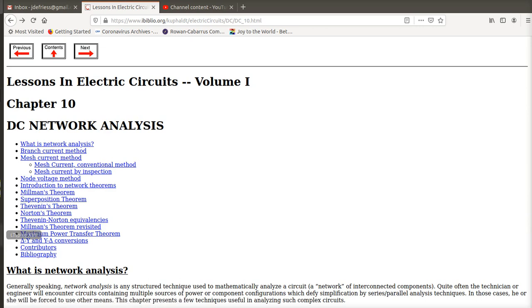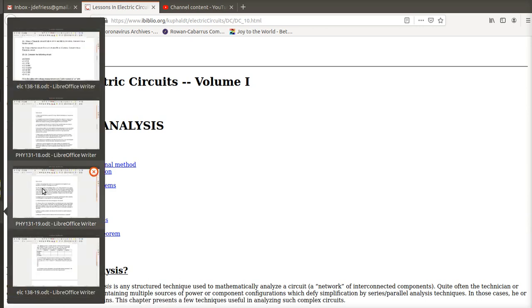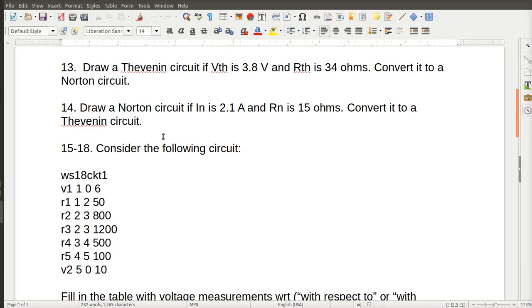Okay, let's see. Now go back to the right one. So you should be able to do that. Looking for two circuits. One is a Thevenin, then it's Norton equivalent, a Norton circuit with these dynamics, and a Thevenin circuit. For 15 to 18,